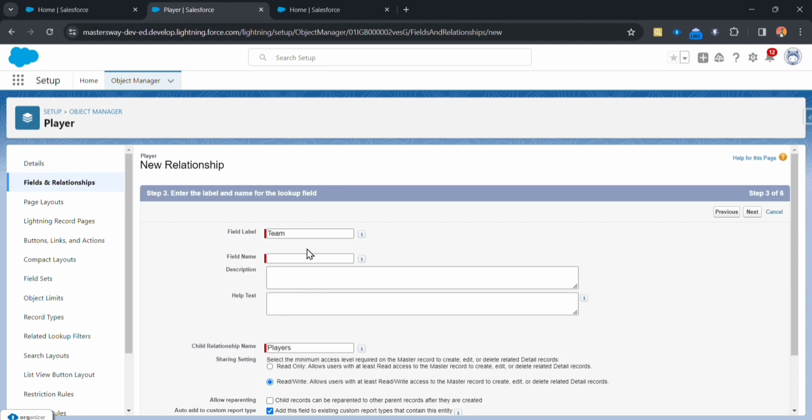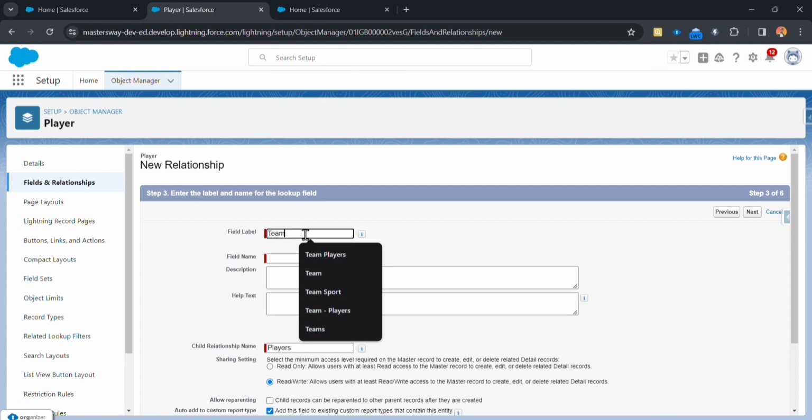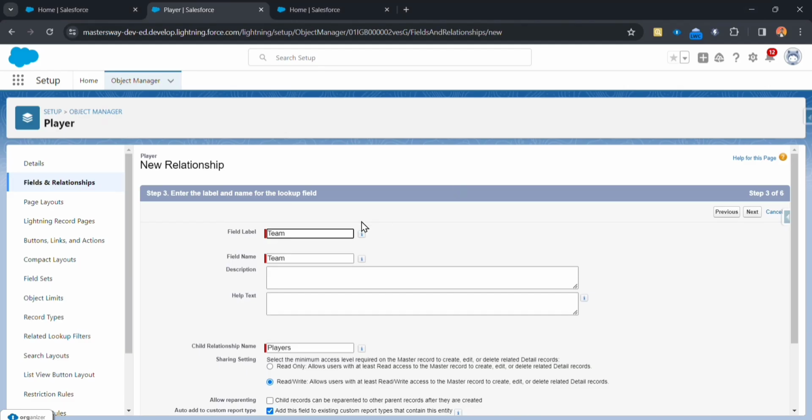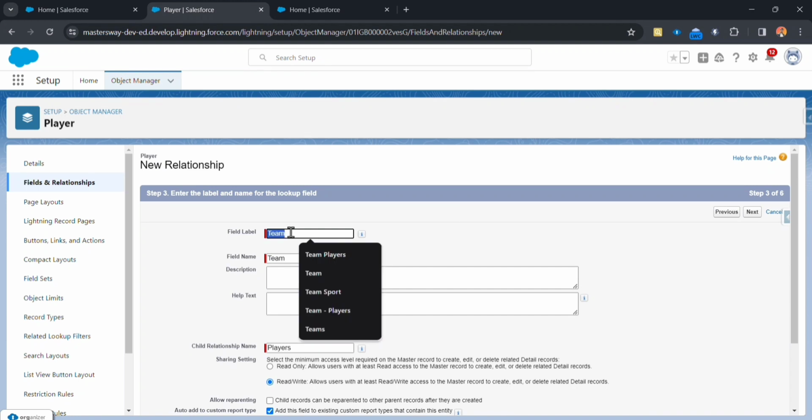Let's give the field name. Okay, what is this field name? You can see here. MDR is always created on detail record. Yes, we have selected the player and we are creating the new field on this player, right? And MDR is required on the page layout as a detail record only. Okay, but before that, we have to name that field. Okay, let's name this field as